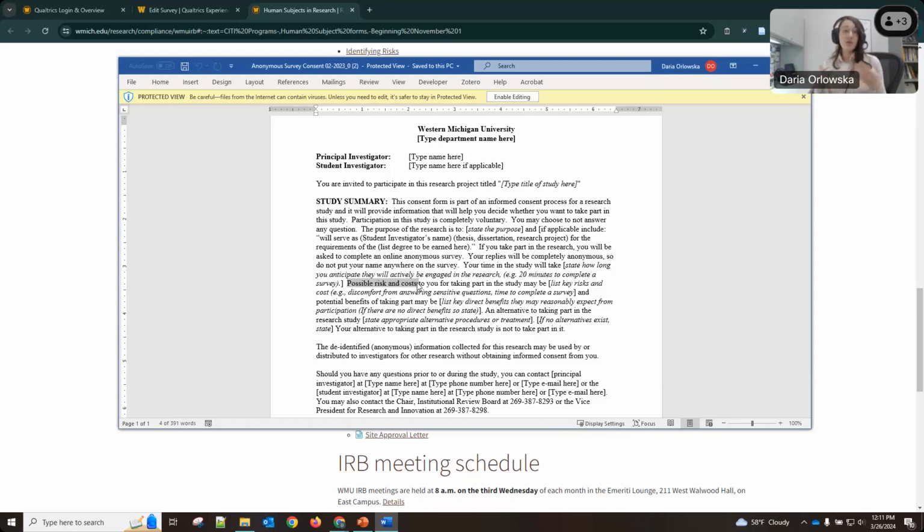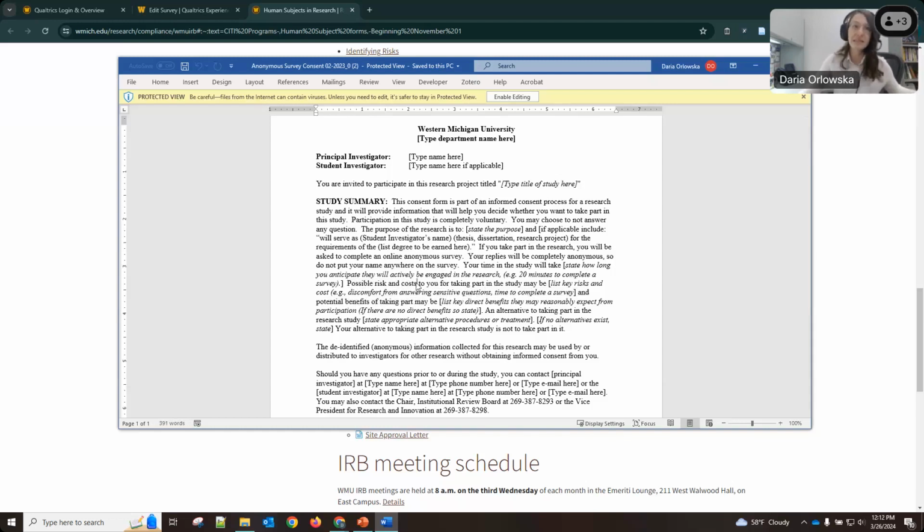The participant might feel discomfort while answering a question because it is of a sensitive nature, makes them think of negative emotions, or makes them think of negative experiences. So within a survey, those are the things you'll be dealing with, and you do have some examples here, sensitive questions.